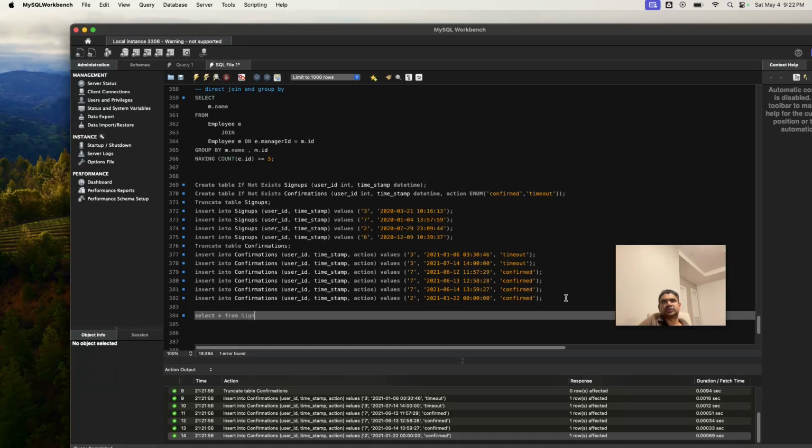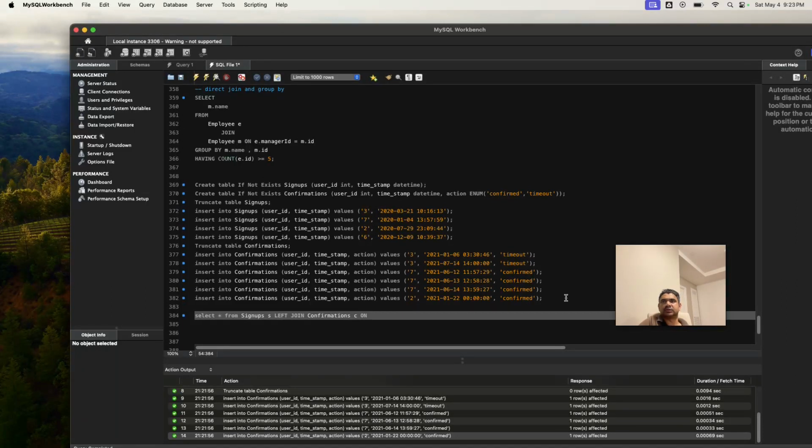So if I put signups, and we assume that should be a left join, since we need all the rows from the left, signups, and also null columns from confirmations if there are no joining rows. So left join